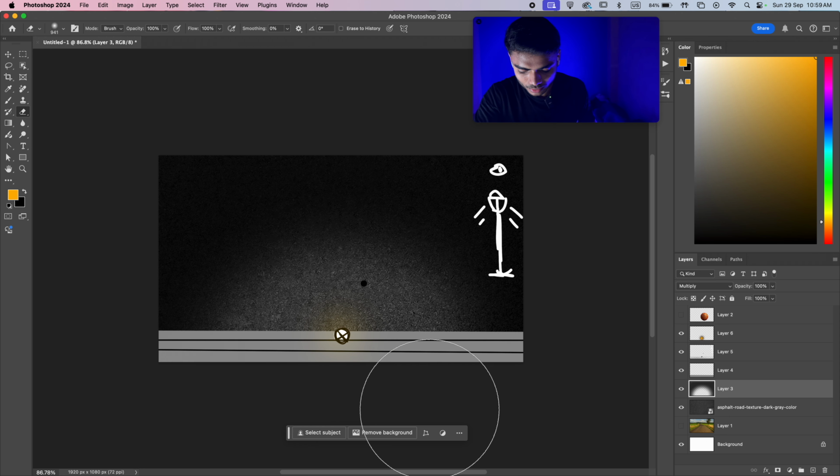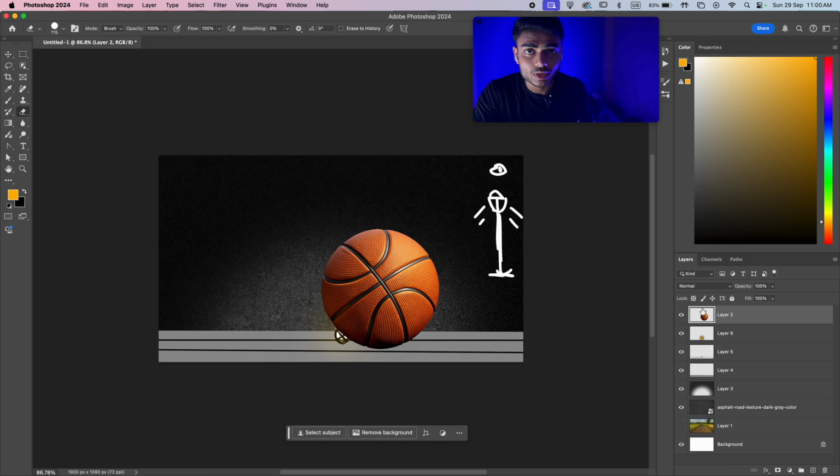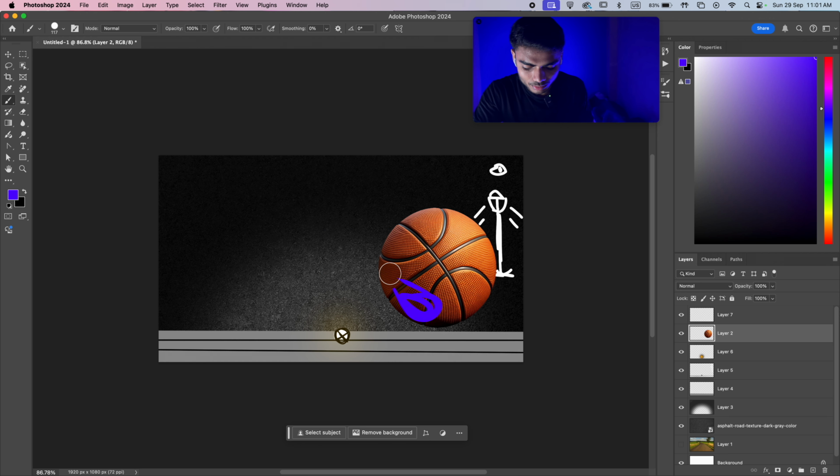So this is how a street lamp will light a road. Now we have a scene, a light source, some light and some shadows. As I mentioned earlier, we'll place the subject according to the background. So here we have our subject basketball again. The shadow is on the bottom side here as you can see, but on the image it's on the top